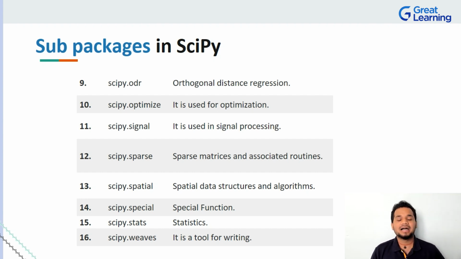We have sparse. If you have worked in detail with applied mathematics, there's a very good chance you might know what a sparse matrix is, right? So handling all of the operations that it brings can be done easily as well. And whenever you're working with data structures and algorithms, we have a library for that. Any other special functions that you can think of, we have libraries for that as well. And stats, of course,